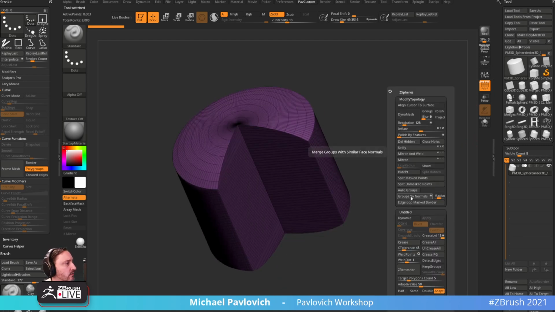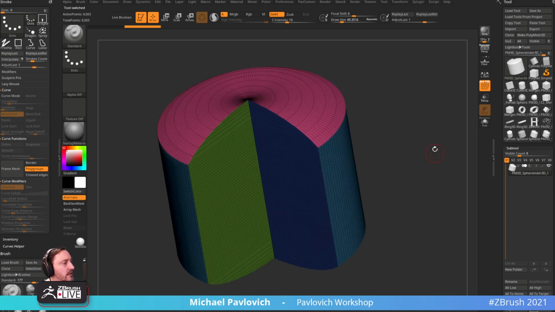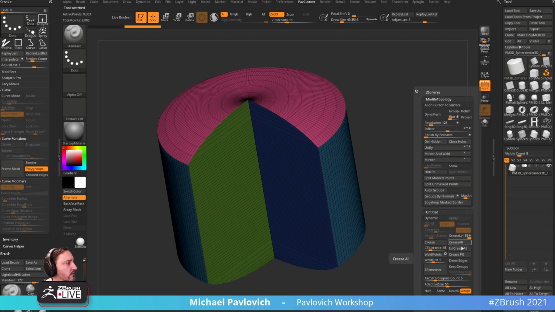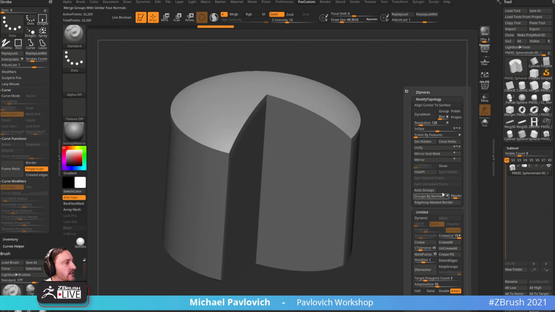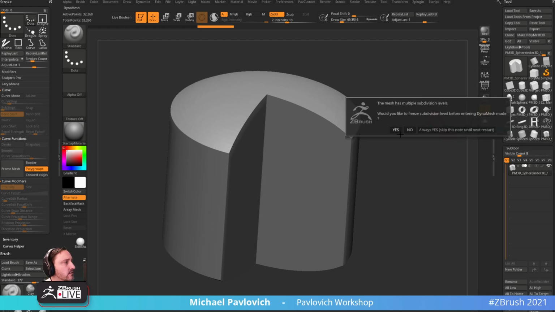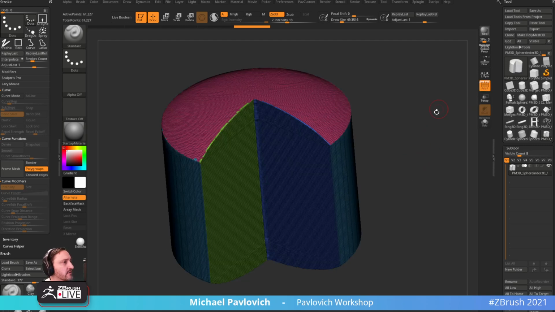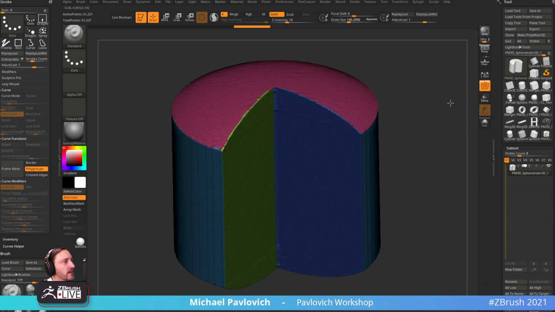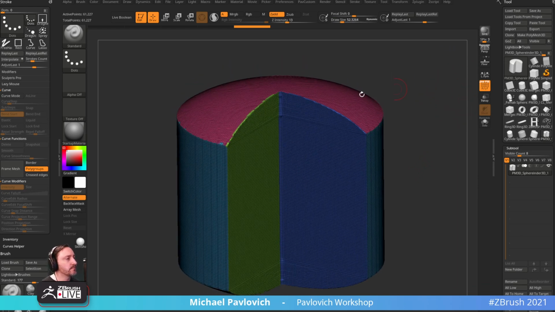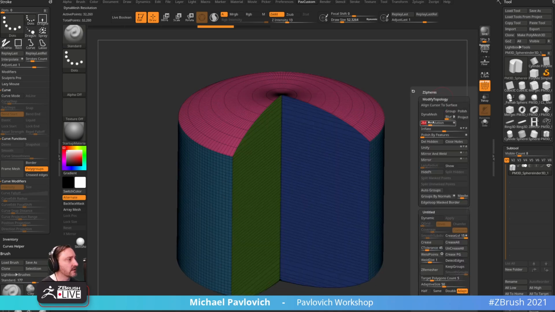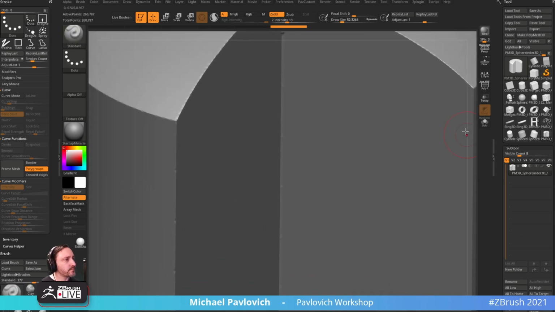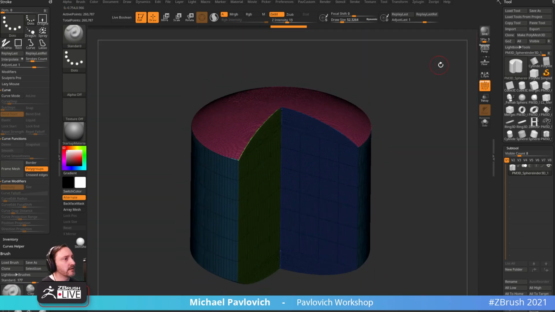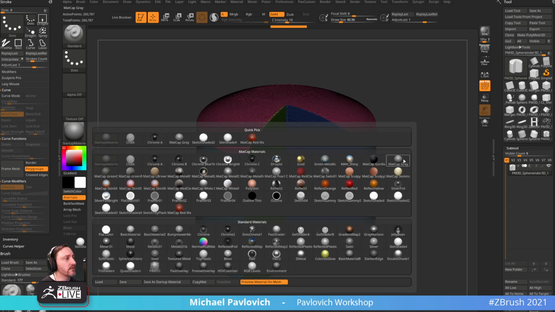I'm going to do a quick group by normals here, and you know what? Let's do a quick crease PG, Control D to subdivide to smooth this out, and then I'm going to go in here immediately and just do a Dynamesh. So now I've got a Dynamesh object, but I want to put a bevel along this Dynamesh object here. And in fact, let's Dynamesh at a slightly higher resolution so it's not so ratty. There we go. So still plenty ratty along the edges there, but now what we can do is